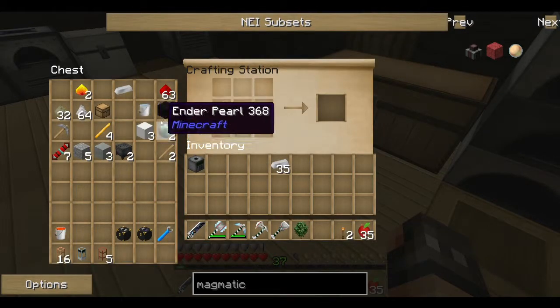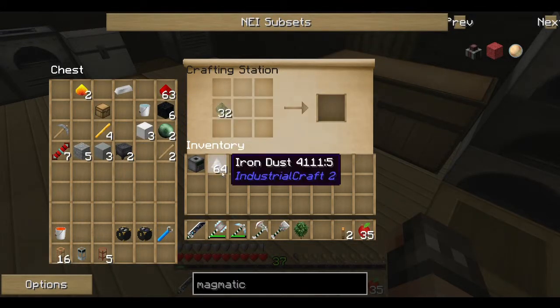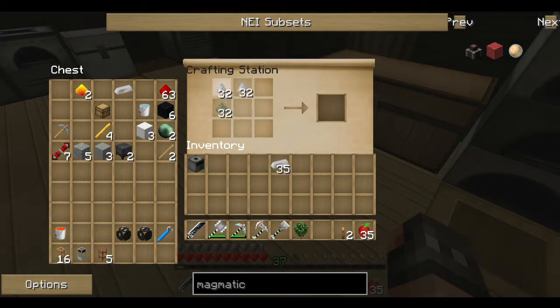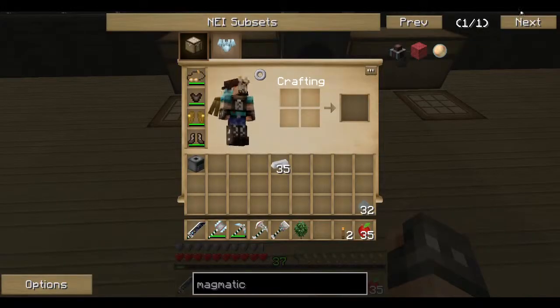Now, what I need to make first of all is invar. Now, for those of you who don't know, there's a very simple recipe. All I need to do is put one pulverized ferrous down here, and 2 pulverized iron, and that makes me 3 invar blend. So I'm going to pop these into here to cook up, and while that's cooking up, we're going to make